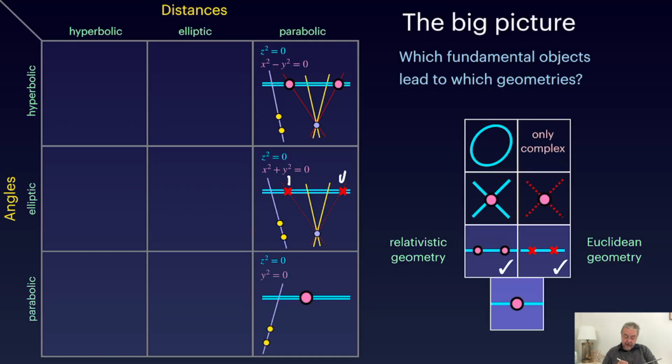So you get a double point of intersection for the length measurement, and you get a double tangent here for the angle measurement. And this physically corresponds to a situation where the speed of light is infinite, and the name for this kind of geometry is actually Galileo geometry,